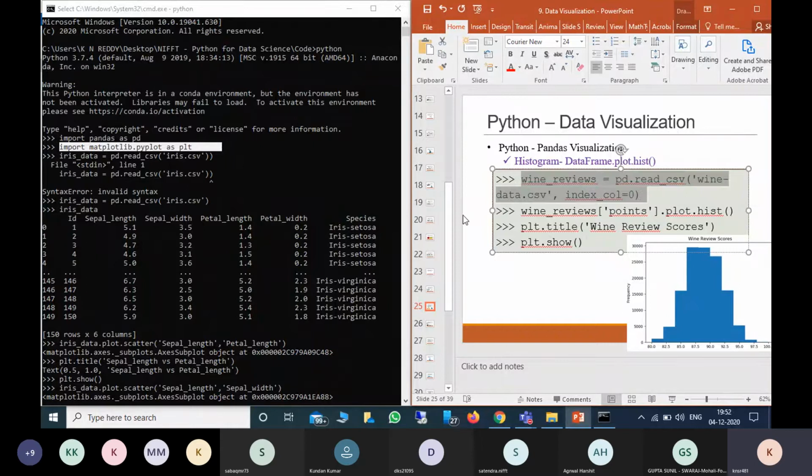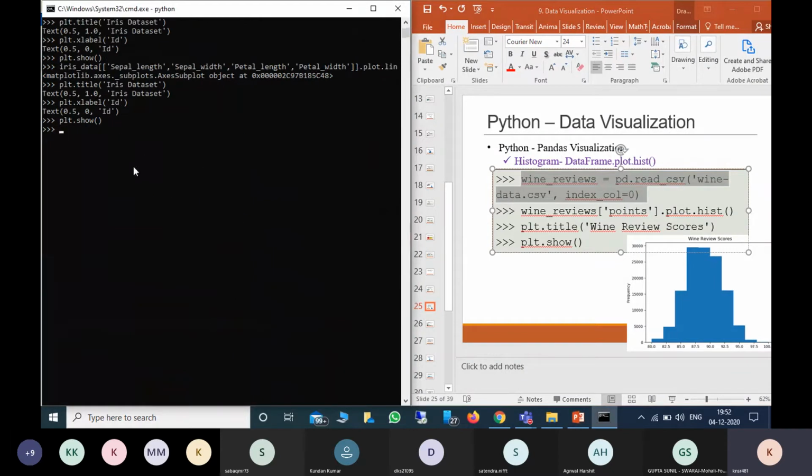So wine reviews equals pd.read_csv of the wine data, and I'm giving the first column as the index.